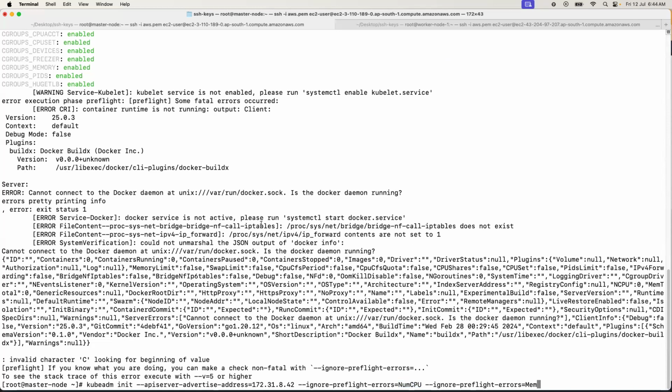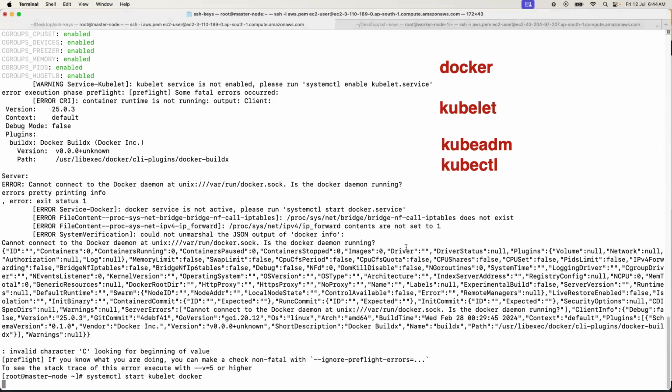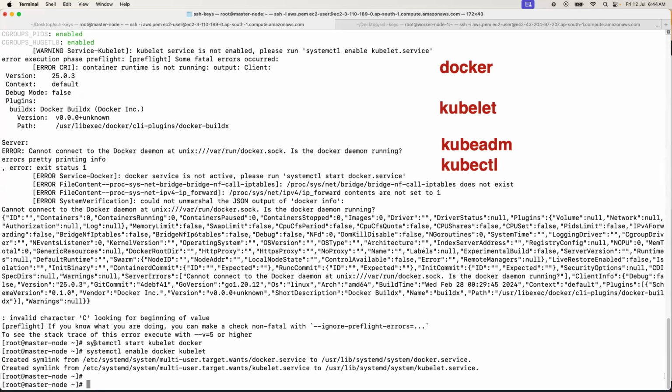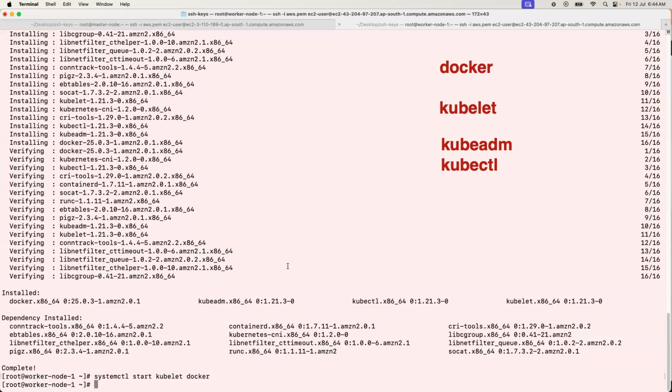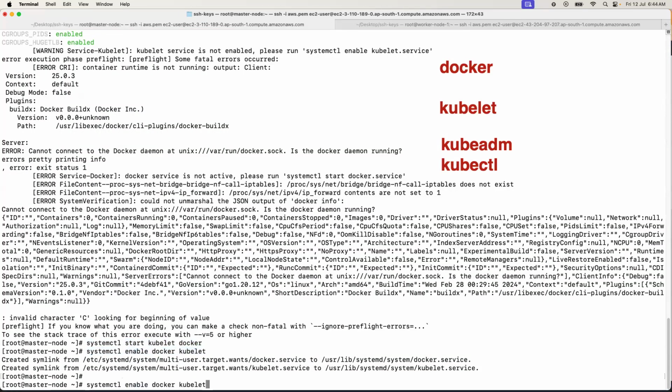Cannot connect to Docker. Is Docker installed? Oh yeah, one more thing. Before doing it, you should start and enable Docker. Docker and kubelet should be running before this. So let me start Docker and kubelet, and also enable them. They should be running before this. So let me do the same on the worker node as well. That's what it's saying: Docker daemon cannot be started. So start that first and enable both Docker and kubelet. They should be running before you start your cluster. So